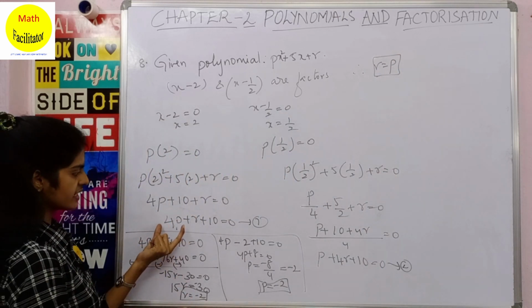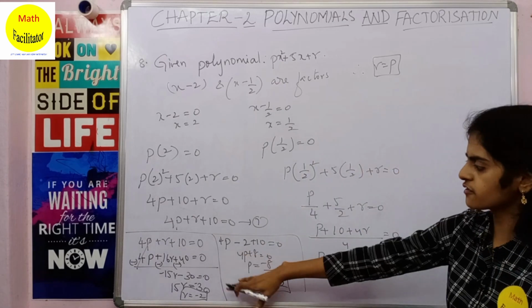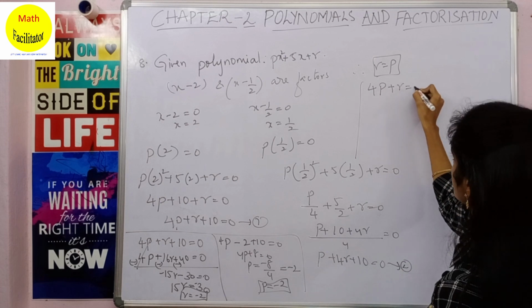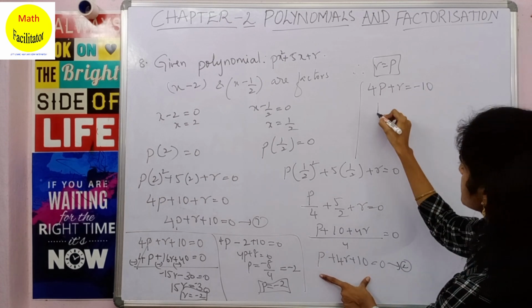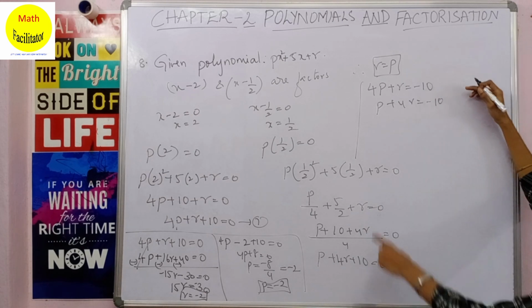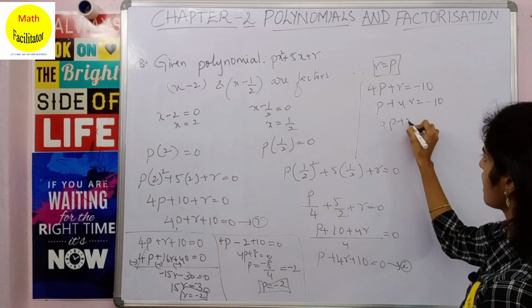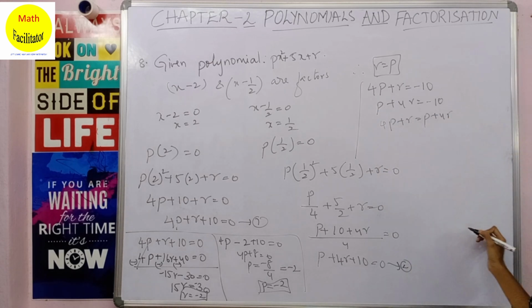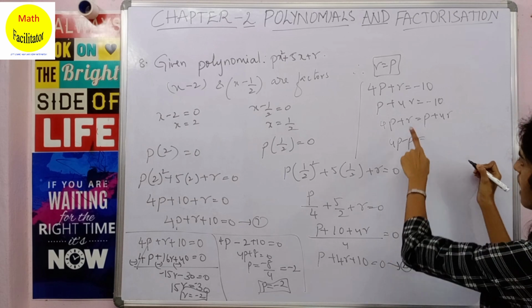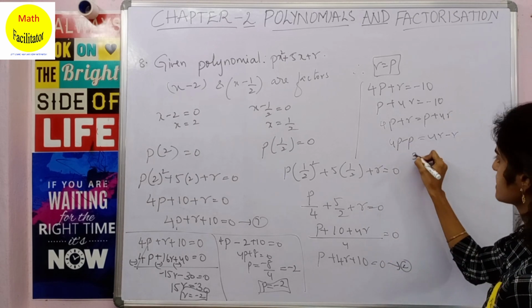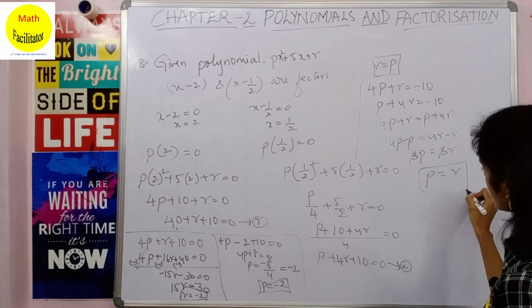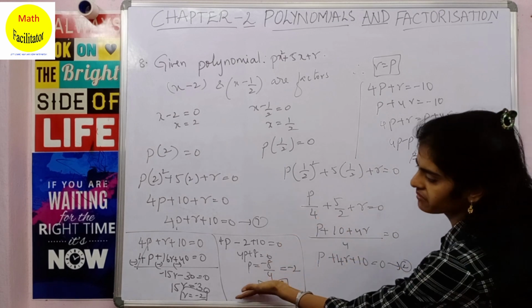Otherwise there is another method. Now see here, instead of solving it in this way, this equation 1 is nothing but 4p plus r equal to minus 10. Equation 2 is p plus 4r equal to minus 10. So both are minus 10. Can we equate these two? So 4p plus r is equal to p plus 4r. Sending p to the other side it is 4p minus p, and you send r to this side, it is 4r minus r. So this is 3p equal to 3r. 3 and 3 get cancelled, so p equal to r. In this way also you can solve, or you can just solve in the traditional method.